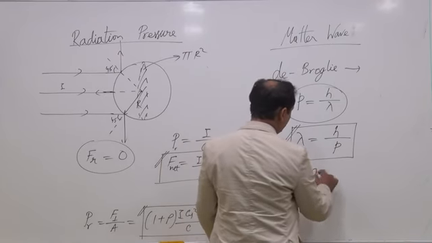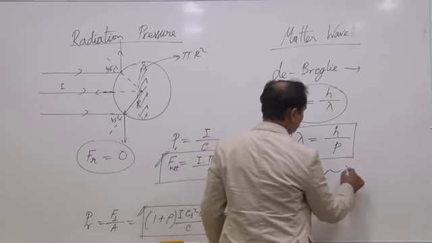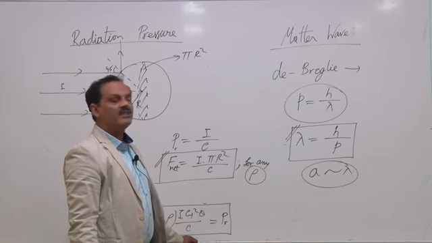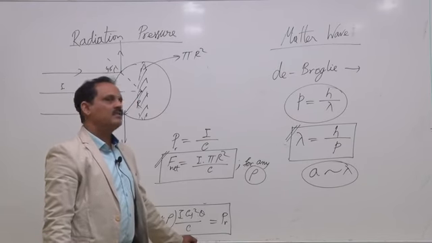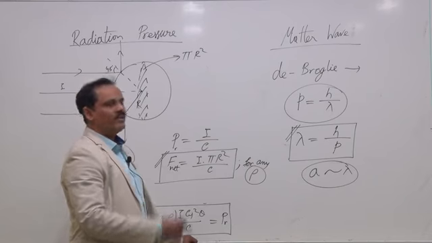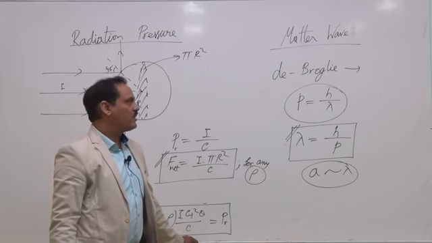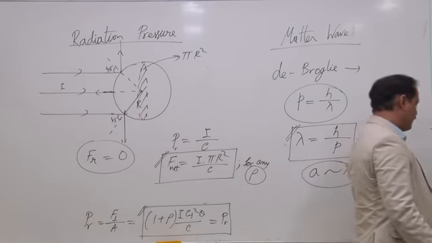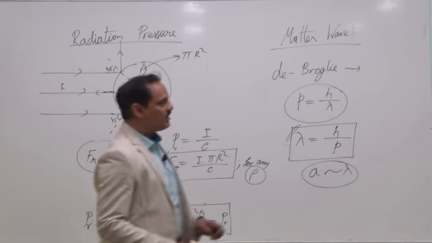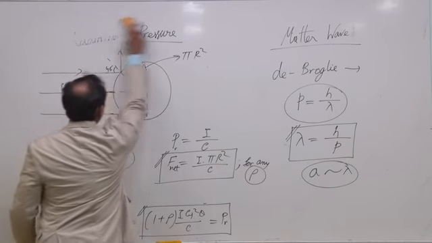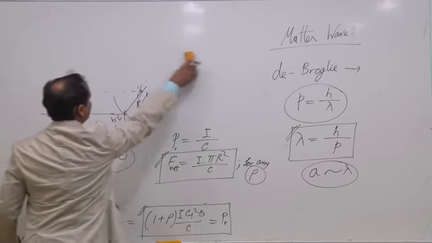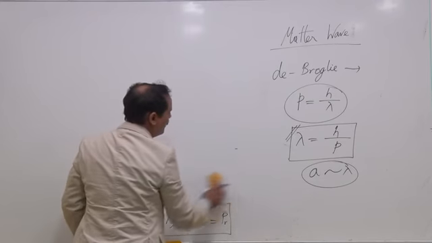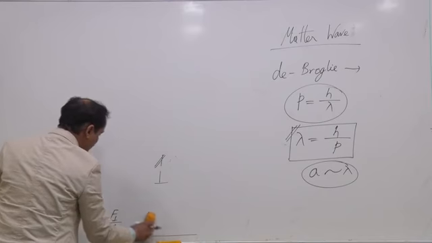So wave nature is observed when size of the particle is of the order of wavelength. That is, for smaller particles we can see wave nature. For larger particles we cannot see wave nature if wavelength is not that large, because we could see only the bigger one. So how can we see the wave nature of electron but not wave nature of a person running? Let us first see some numbers. Why could we see wave nature of some particles but not for all particles? That is our limitation, we could not see.